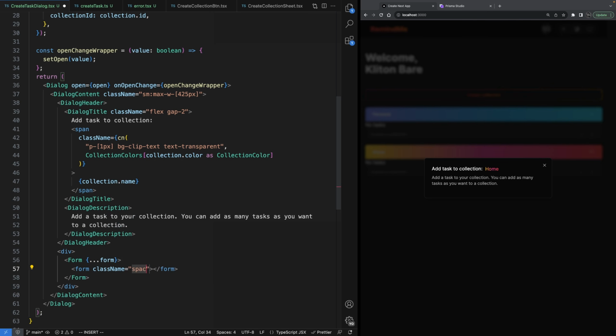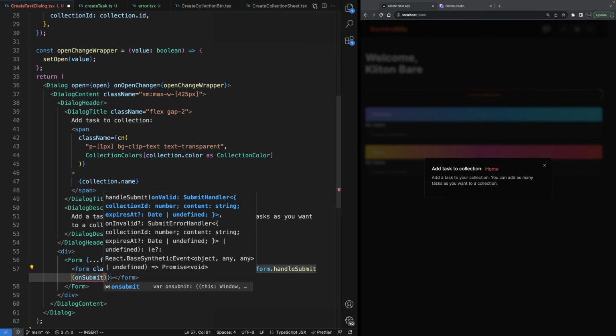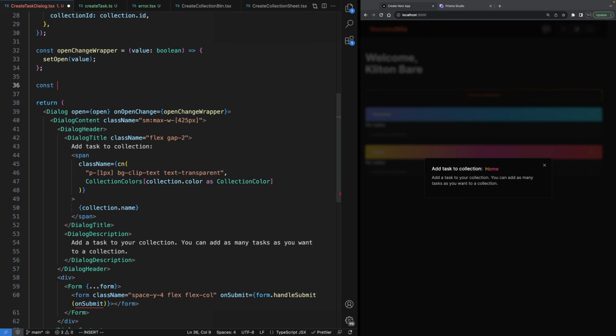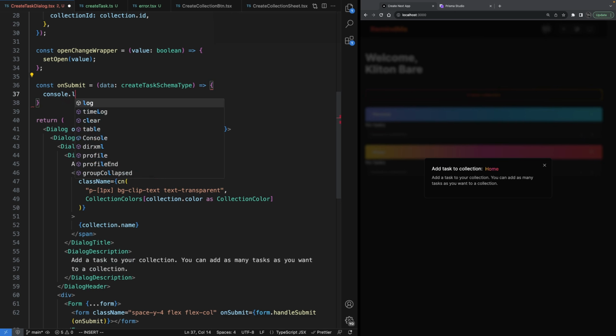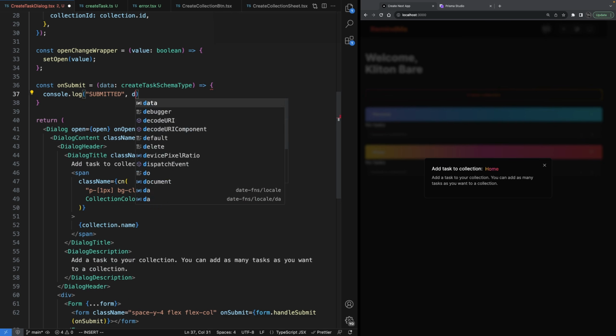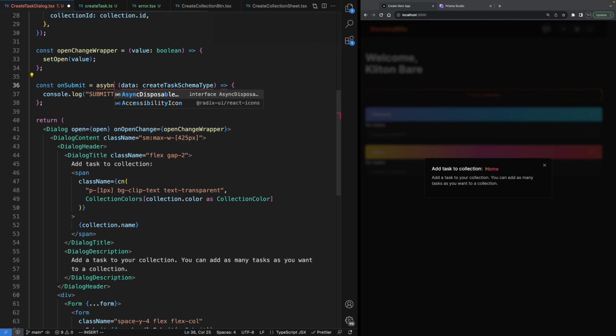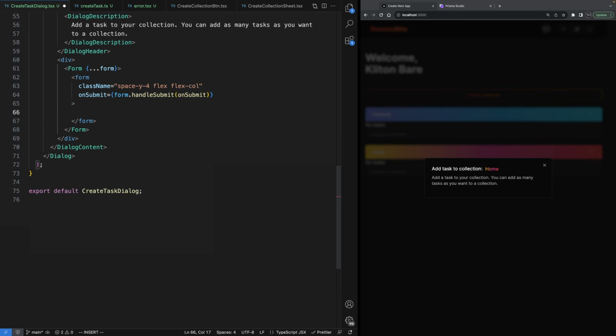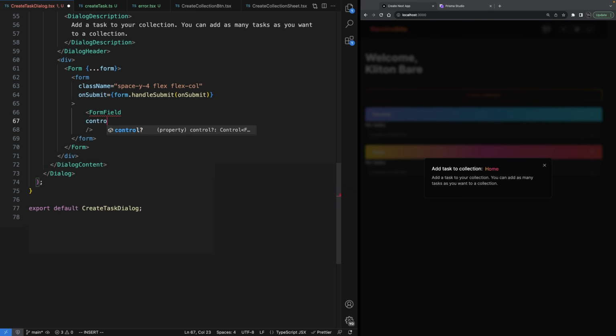Let's style it, space-y-4 flex-col, and on submit form.handleSubmit(onSubmit). We are going to create the onSubmit function. Const onSubmit takes data of type CreateTaskSchemaType, console.log submitted data. Let's make it async. Now let's go back to our form, and inside the form let's add FormField, control